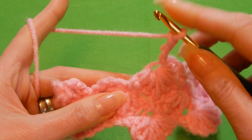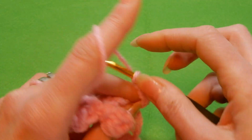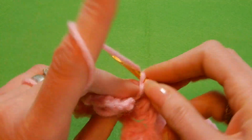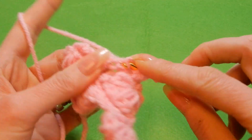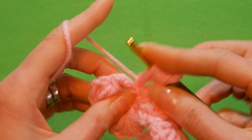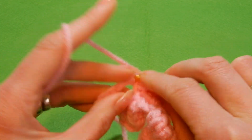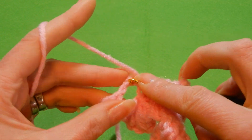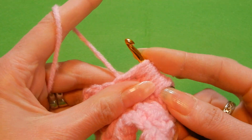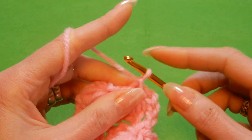So now we have the eye, in which we're gonna do a single crochet in there, chain 3. So now we have the chain 3, single crochet in the chain 3, and in each chain we're gonna pull up loops. So once, 2, 3, and we go to the single crochet, 4, next chain, 5, 6, and the last chain here, 7. Yeah, pull the yarn through all the loops, close that, chain 3,